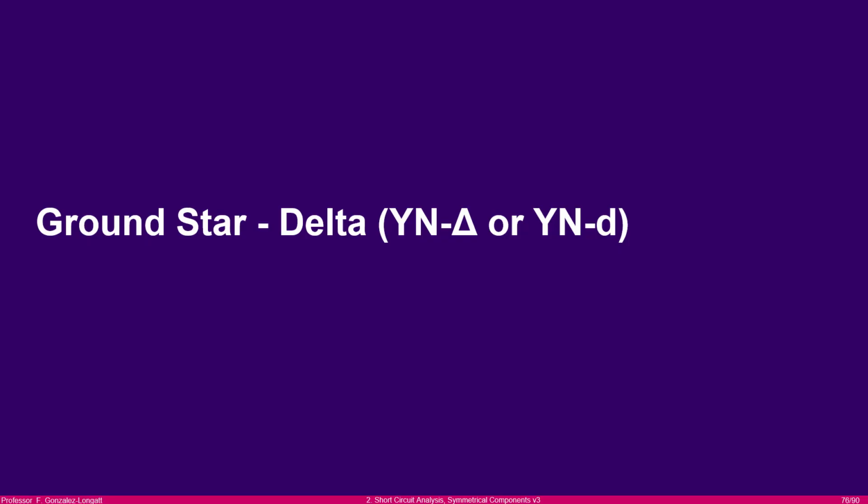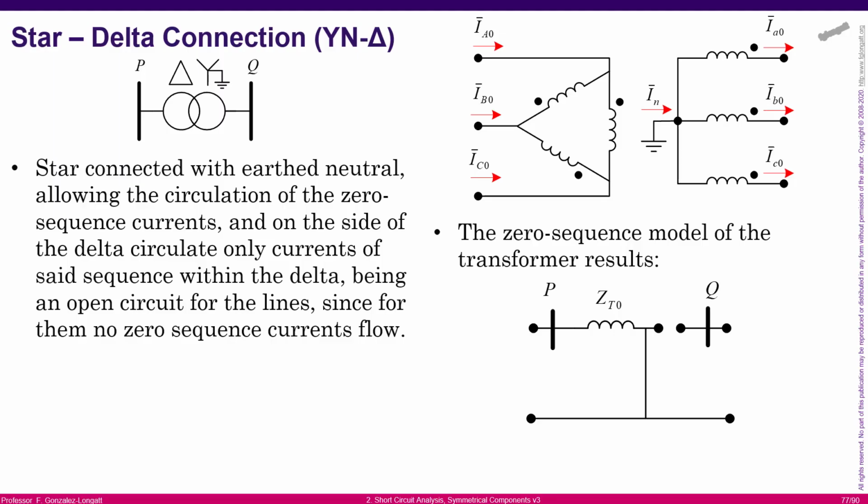Finally, there is one more case that is quite relevant and quite important for you, okay? And that is the case of the delta-star connection. What happens when we have a delta connection on the high voltage side, and then we have a star connection on the low voltage side? In this case, the neutral point of the